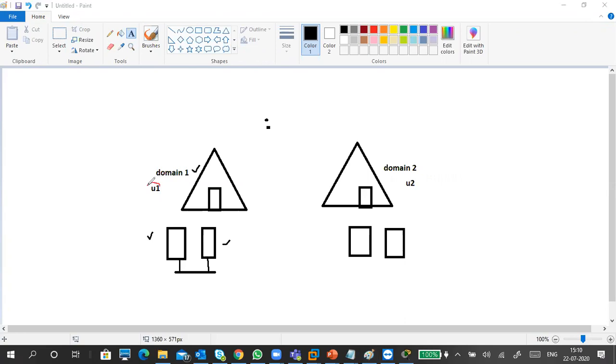User 1 wants to log in to a PC in domain 2. User 1 wants to log into a domain 2 local PC. So he wants to log in here. Now what will happen? It will call the global catalog, verify this domain and user, and it will say, okay, you can log in.